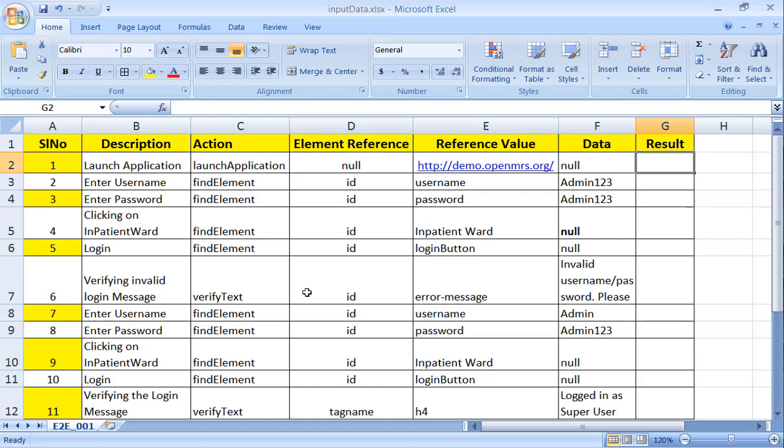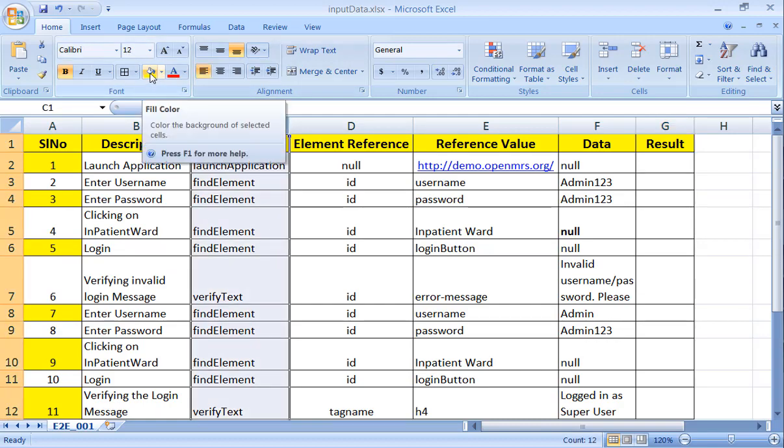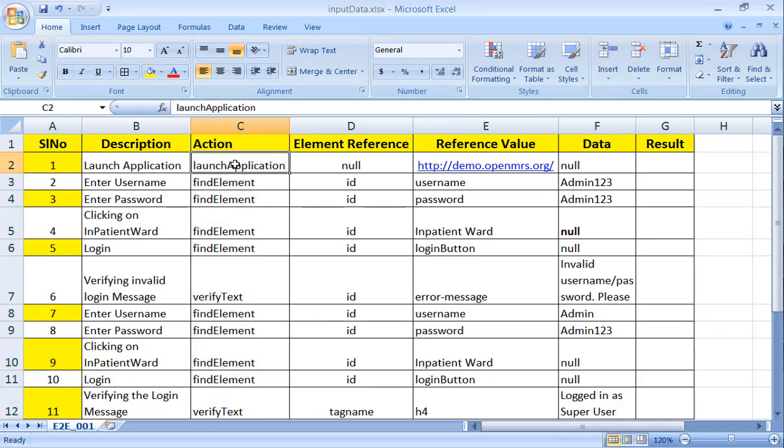So this is about a high level view of how we are maintaining keywords in the Excel. When I say keywords, this entire column we call the keywords column, and for each and every keyword, like launch application, there is an associated method already available in the framework. When I say find element, as I said previously also, we have hard coded it.